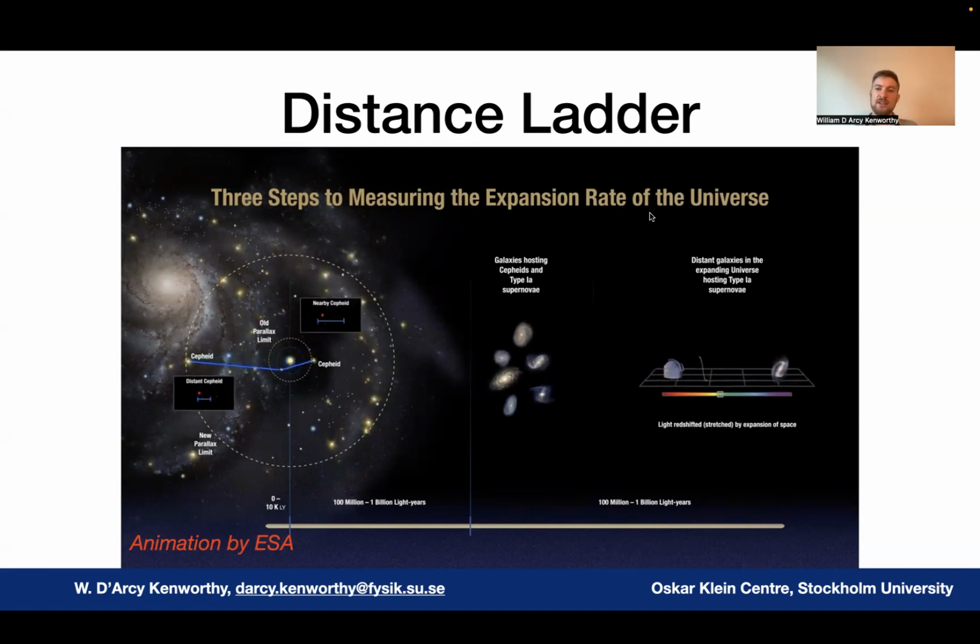We then go out into the local universe at less than 40 megaparsecs, or redshifts of less than about 0.01, to find nearby galaxies which have hosted type 1a supernovae. These galaxies are targeted for follow-up, and we measure Cepheids in these galaxies, allowing us to transfer the absolute calibration from the geometric parallax to type 1a supernovae.